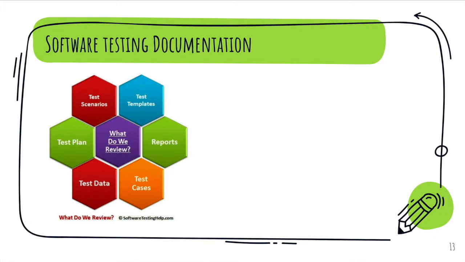In the test plan we are going to see how we are going to utilize the resources and how we are going to perform the testing, what kind of testing is going to be performed, on what system we are going to perform these, how many browsers we are going to support. So the test plan contains these kinds of things. Test data: in order to perform any testing, if we need any test data we are going to create that. Say for example, I need to have some test data for username and password. I need to have some users beforehand so that I'm able to perform the testing on the application.